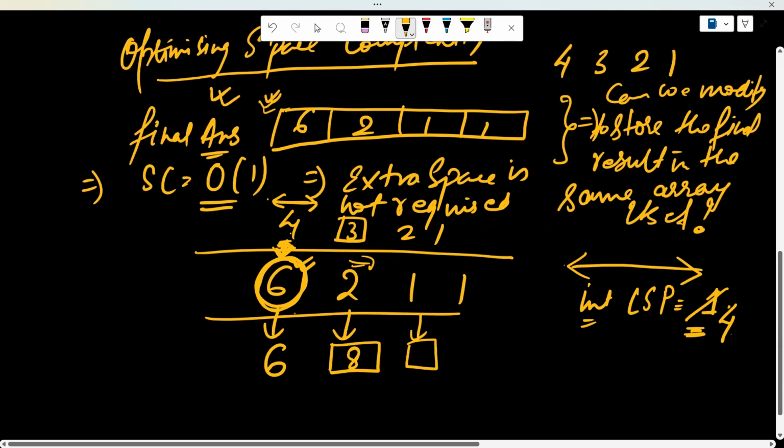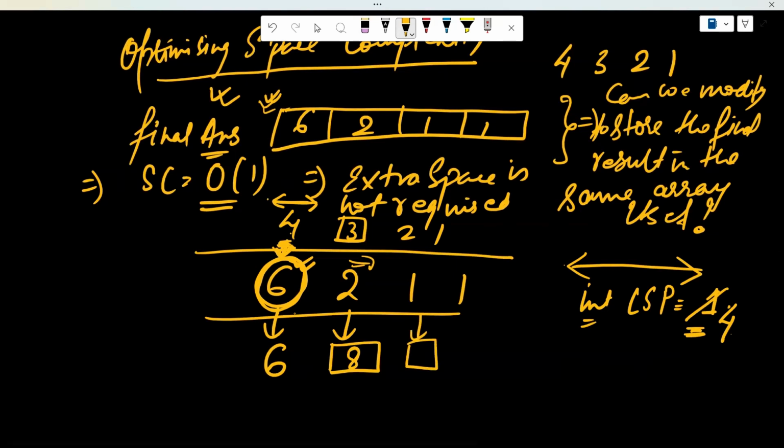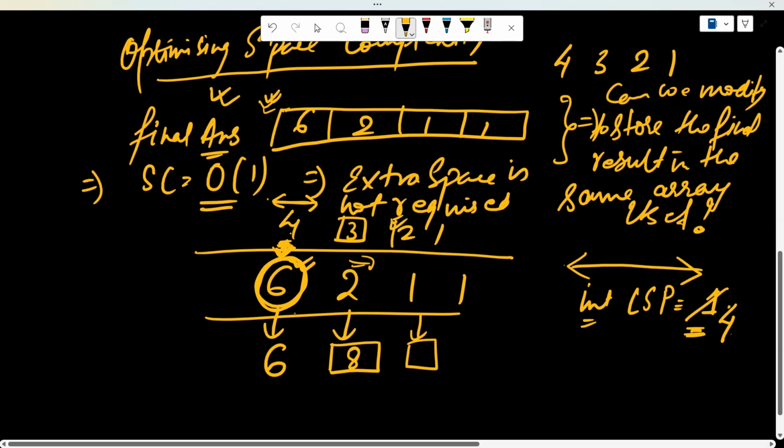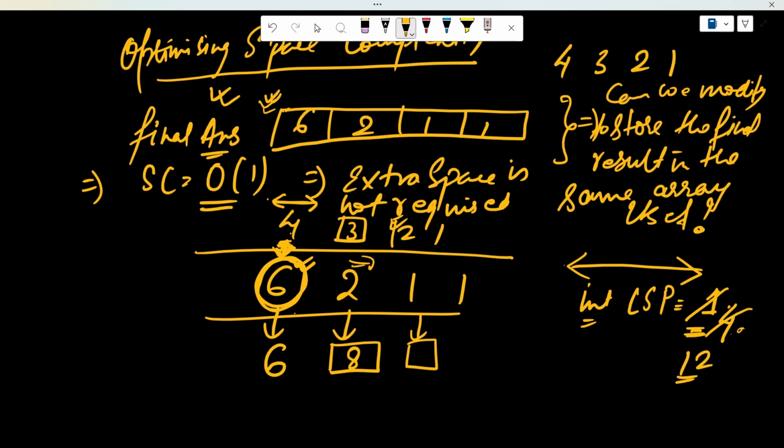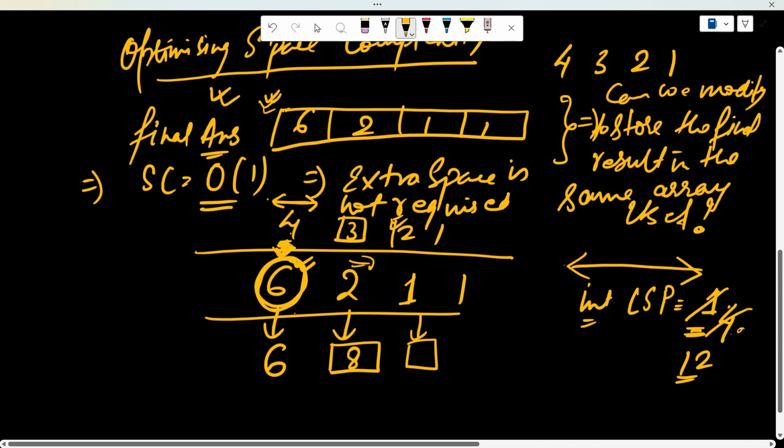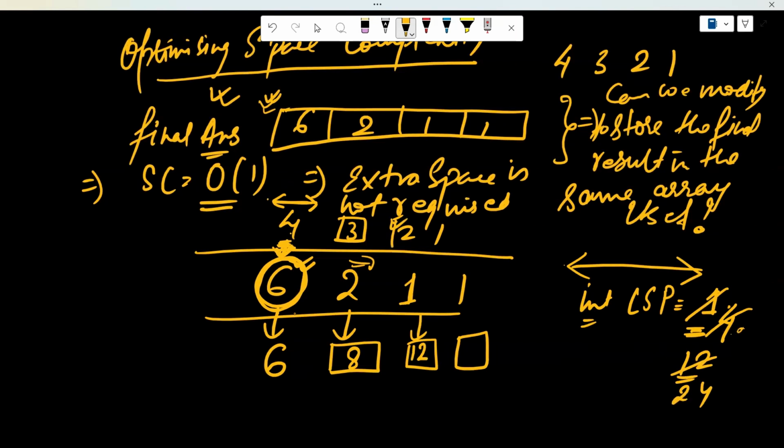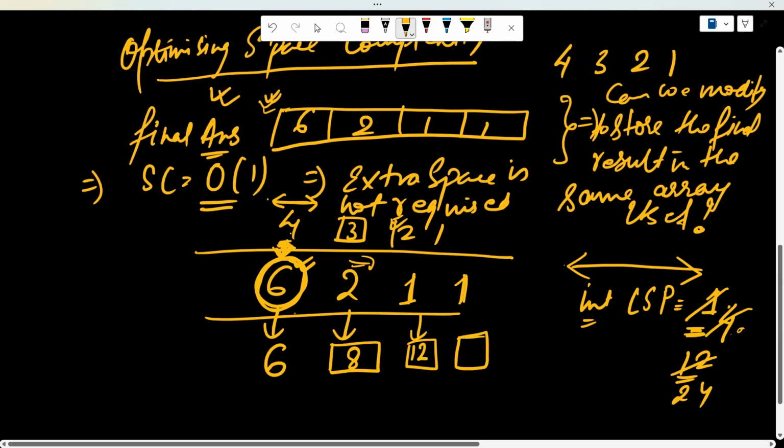Now for this, again, we have to update the LSP because now 3 is also present in the left hand side of this 2. So we will multiply 4 into 3. So it will become 12. For this position, the right hand side product is 1 and left hand side will be 12. 12 into 1, 12. Again, we will update this left hand side product with 12 into 2, that is 24. And we can find the value here is the right hand side of the product, that is 1 into 24,